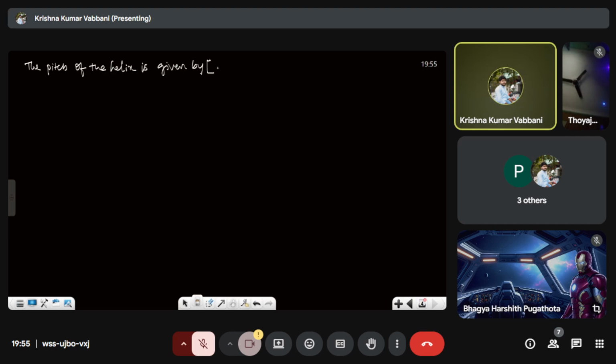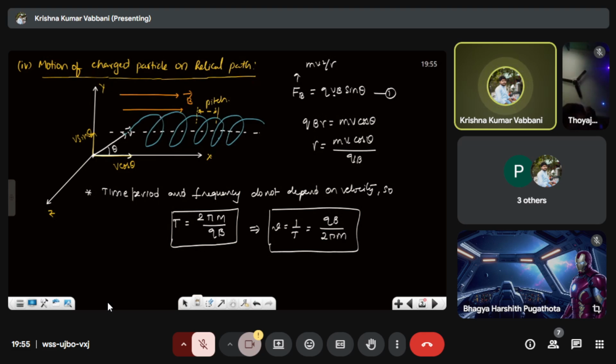See, take the definition of the pitch. Pitch is the linear distance traveled in one rotation. Okay, so see, if it started from here and came here and then here like this, that is called a pitch. Generally, if you do it in circular motion, you can call it a